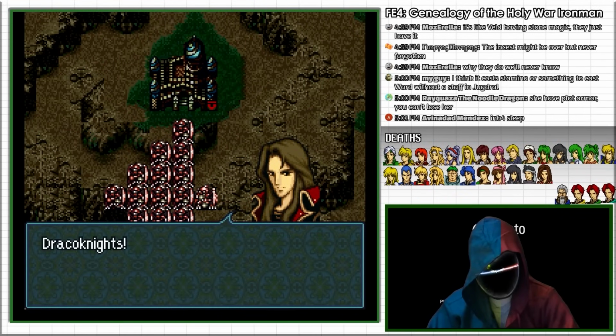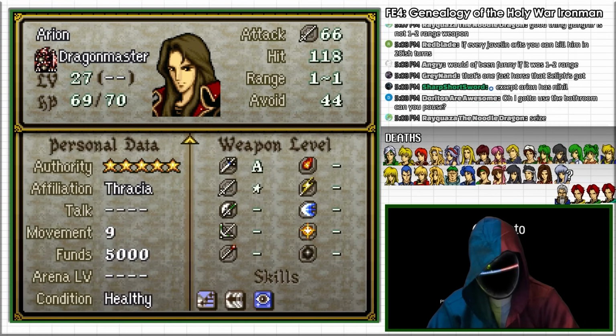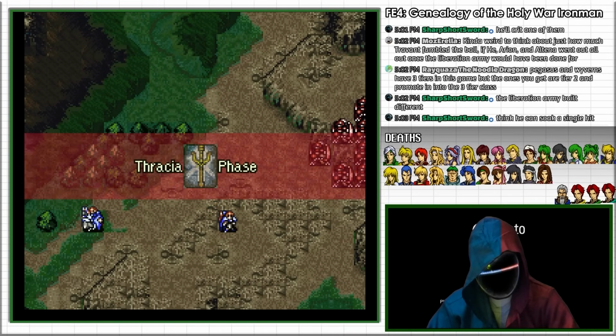He is extremely lethal with the Gugnir and Adept and has 37 defense, which makes it very difficult to deal physical damage to him, as his Nihil skill makes it impossible to land critical hits. Fortunately, I have Julia, who can do an absolute ton of magic damage and can probably one-round him with Adept,